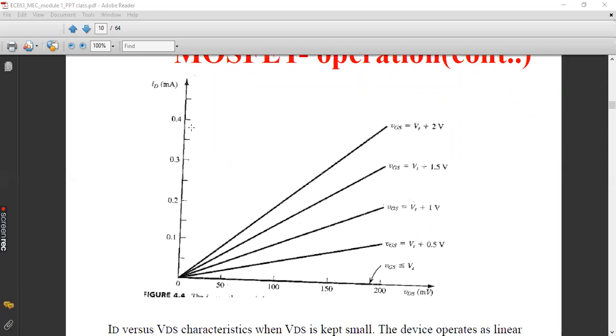DC and AC. We are giving a DC power supply as well as an AC input signal. So here we are trying to take the overall effect of both DC as well as AC. That is why we are denoting it with small letter V with capital subscript. If we are purely using capital letters for both the main letter as well as the subscript letters, then it will be the contribution due to DC only. If you are using completely small letters, then it will be the effect of AC only. But right now, we are going to take the overall effect of both DC as well as AC.